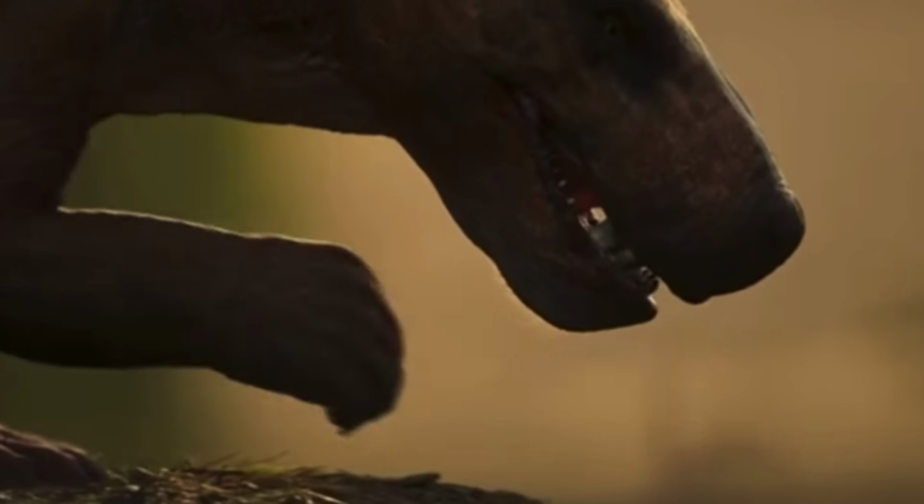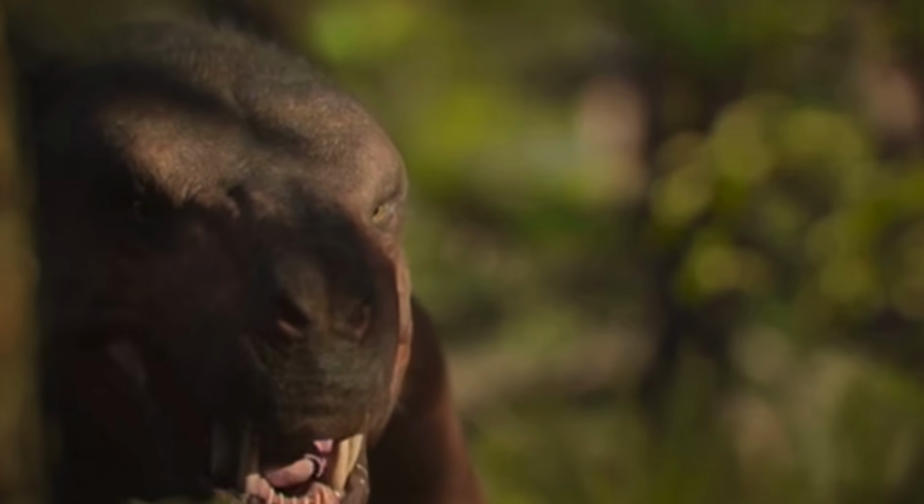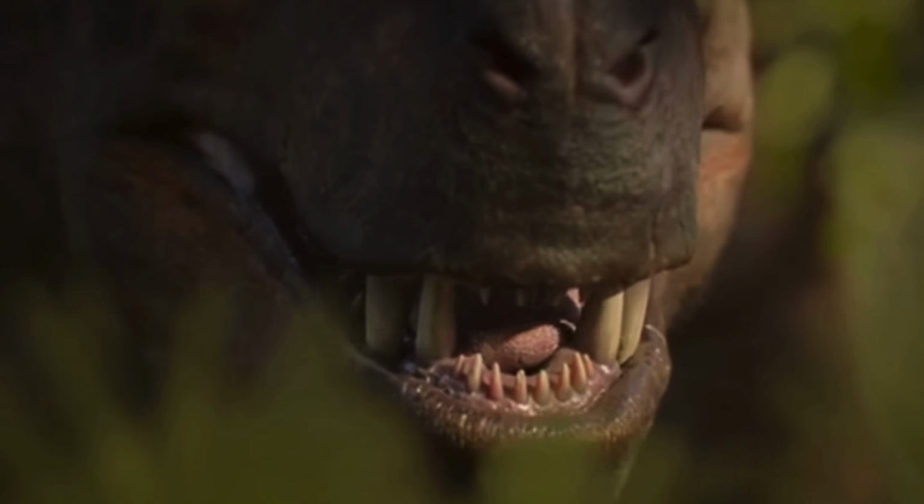Gorgonopsids. This family of therapsids are often regarded as the original saber teeth, and of course that's because of their very long and very impressive fangs that they possess. Gorgonopsids are incredibly unique and fascinating animals that definitely deserve the spotlight, but of course some of them have shown up in media, so let's go ahead and take a look at the many interpretations of one particular